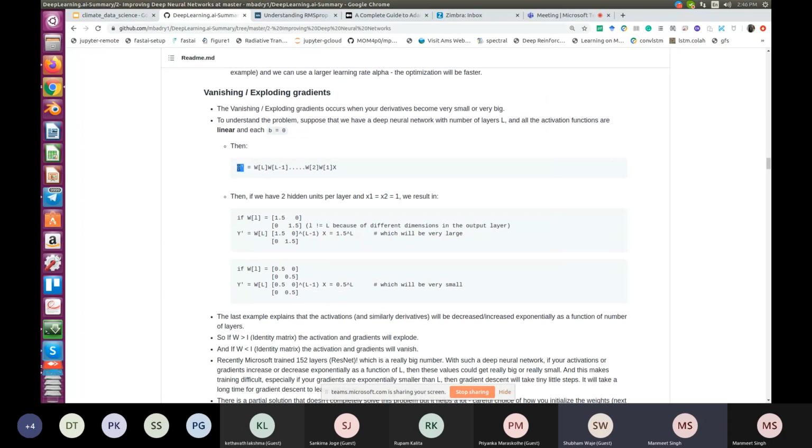So your y hat, which is what your model has predicted, would be WL, the 2D weight matrix at layer L, times the weight matrix at L minus 1, and so on, starting from 1 to L, you multiply all the weights and multiply all of them with the input. And for example, if you have two hidden units per layer, and also x1 equal to x2 equal to 1,